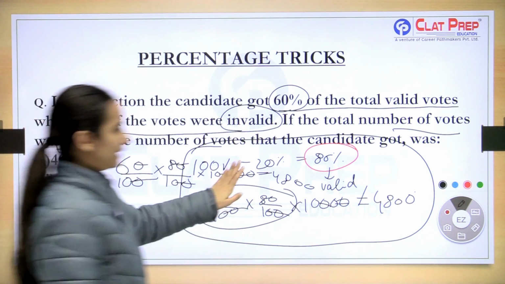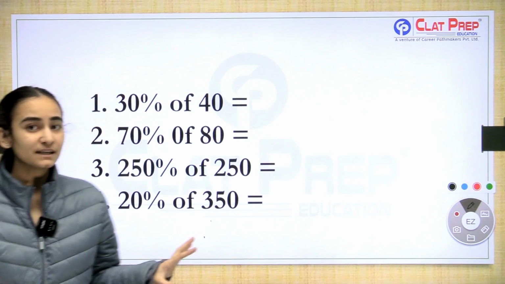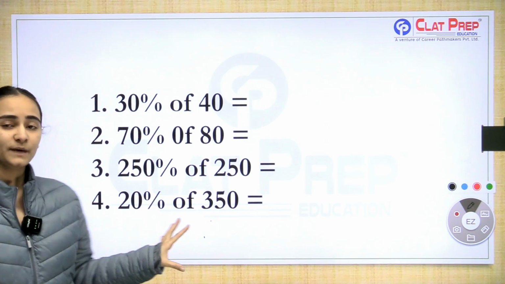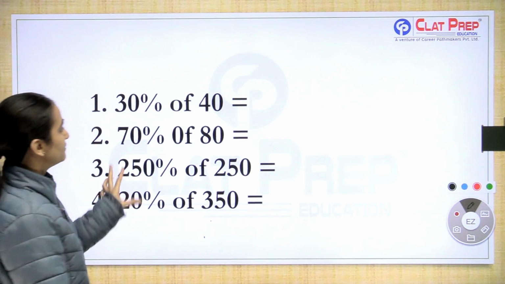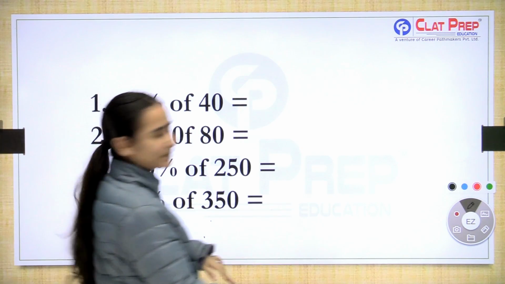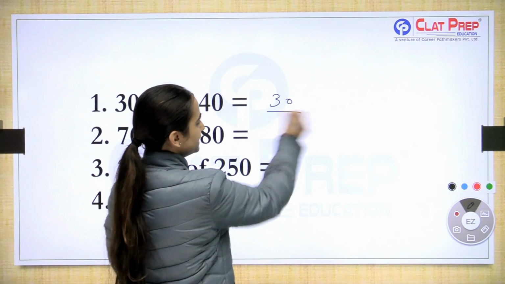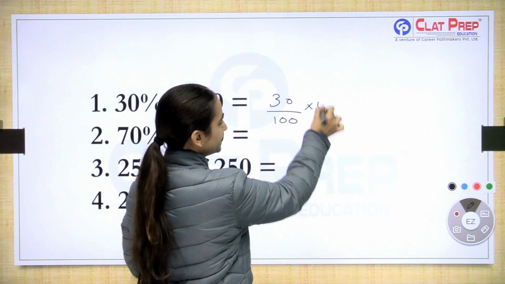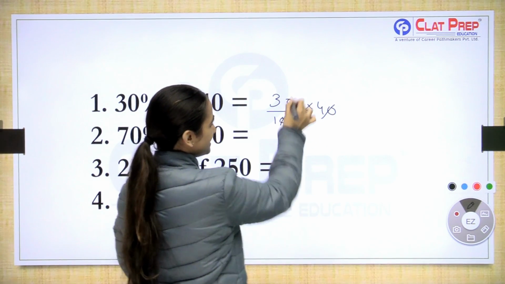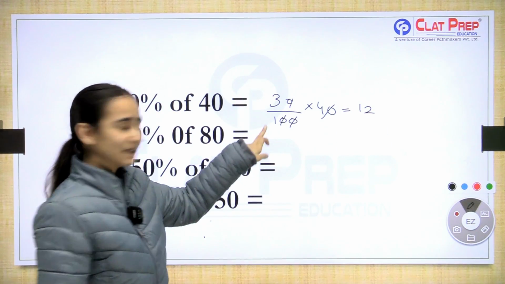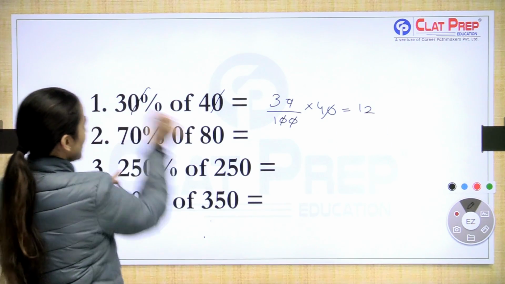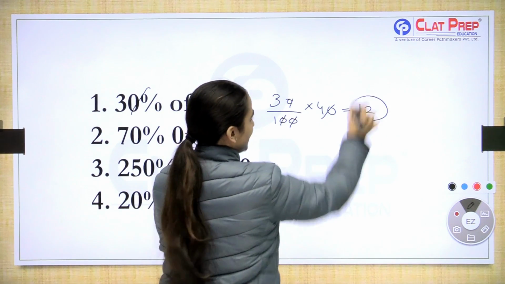Okay, I hope you get it. So, our trick was to cancel the zeros directly, right? We don't have to waste our time by solving all the questions. Here, we can see that directly, we know 30% of 40. So, how are we going to solve it? 30% of 40. We cancel this individually, which gives our answer 12. So, instead of doing this directly, we'll cancel these two zeros and get our answer directly as 12.